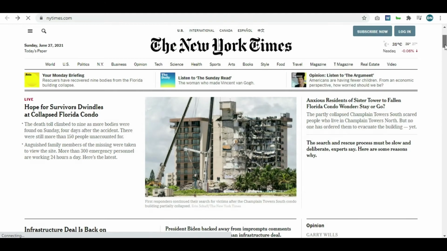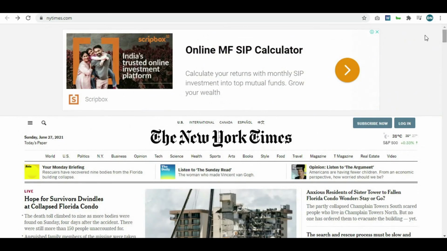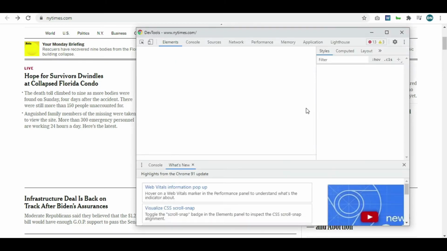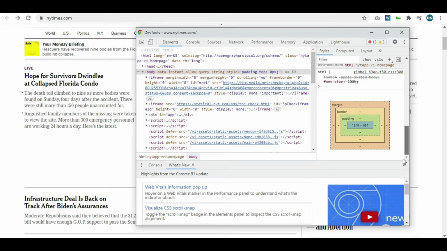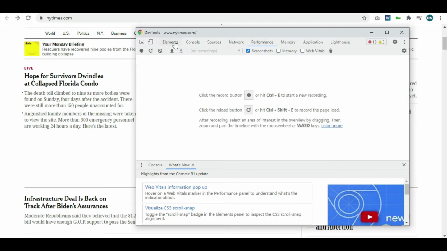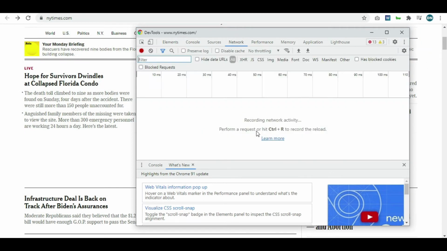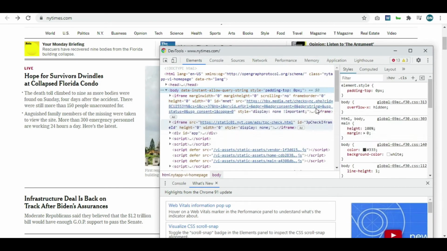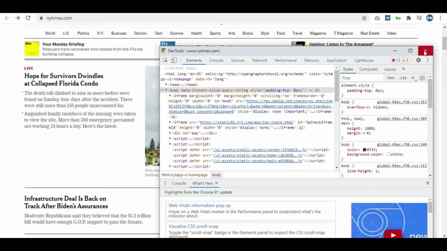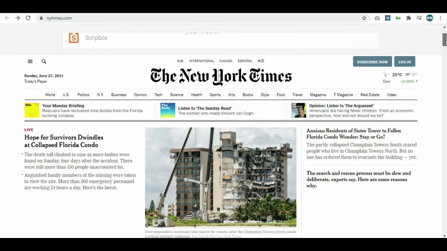We can close it as of now, and we will open the same pop-up using one more shortcut, which is Control plus Shift plus I if you are using Google Chrome in a Windows environment. Control plus Shift plus I. As soon as you press it, you have the same window available to you. You can have a look right here: network, performance, elements. Elements is an important thing because this gives you basic information about CSS and other related files. So we'll open it again using a different technique.